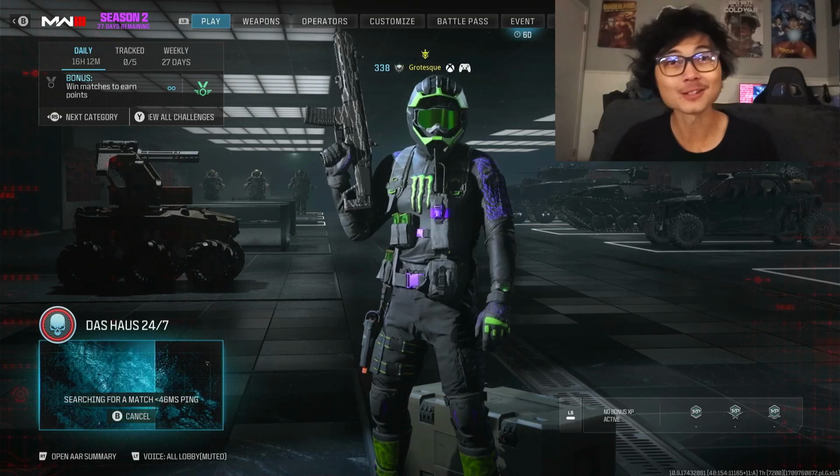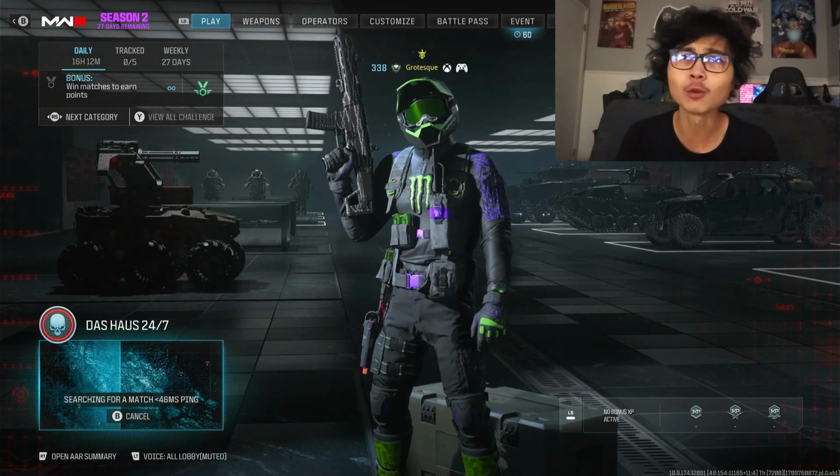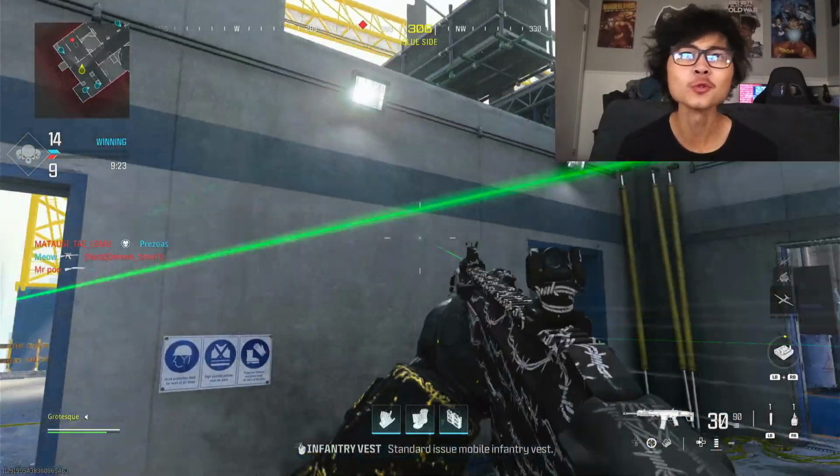They brought back Das House from Call of Duty Vanguard, which, you know, there were actually a lot of great maps in Vanguard that I wouldn't mind if they bring back. Another one that I think off the top of my head being Mayhem. That map was actually a lot of fun. And here we are on the new...